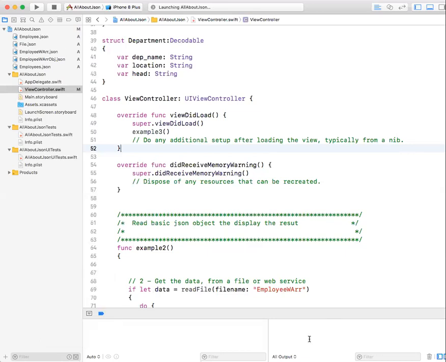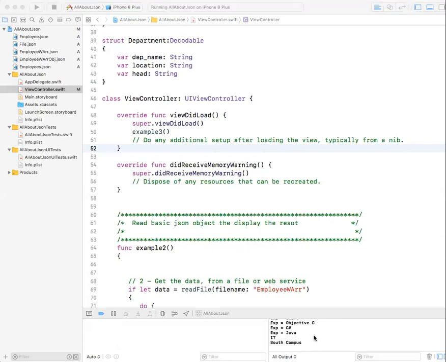And we should get the data like we intended. Yep, we did. You see that? That's the name. That's the experience from the array. And this is the data from that